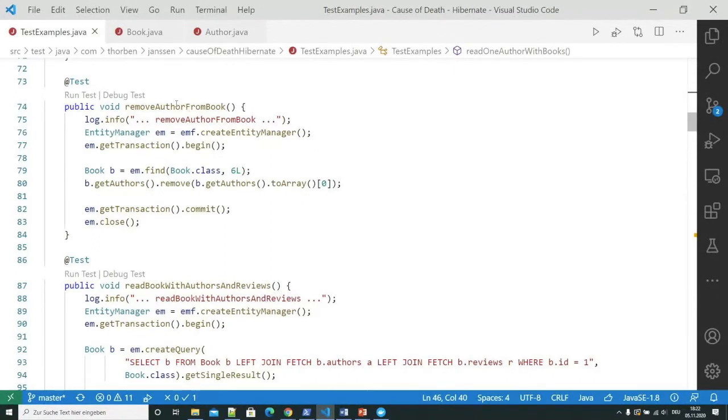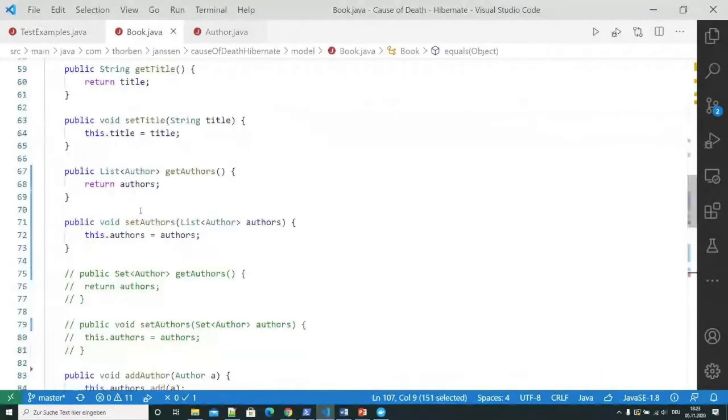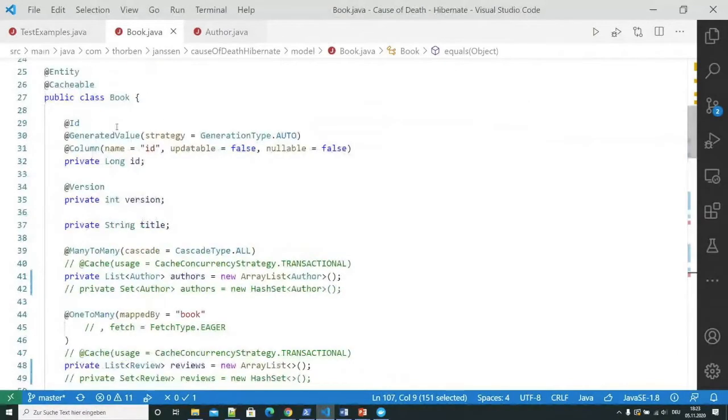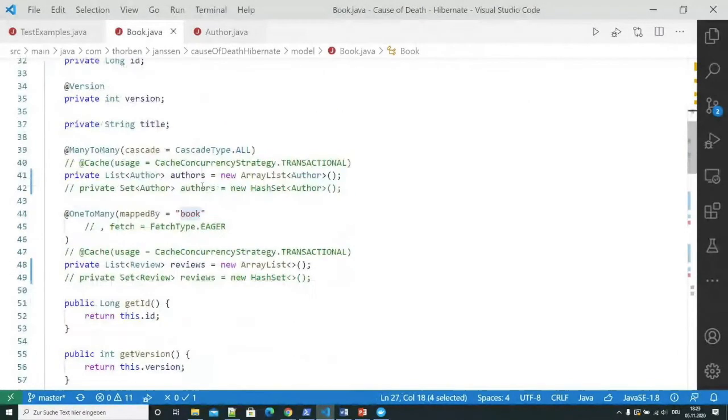Okay, another performance pitfall that can create huge issues with applications after you deploy them to production is modeling many-to-many associations using the wrong data type. So here we have our book entity, and we have a many-to-many association to the authors.